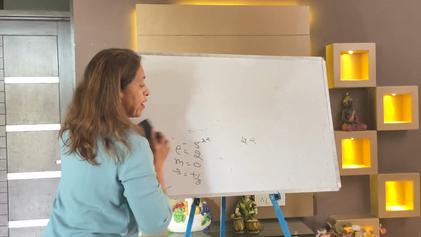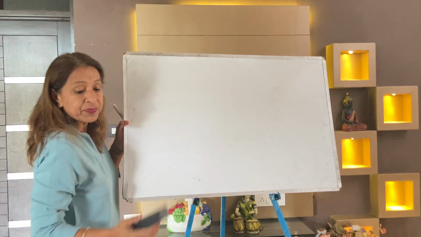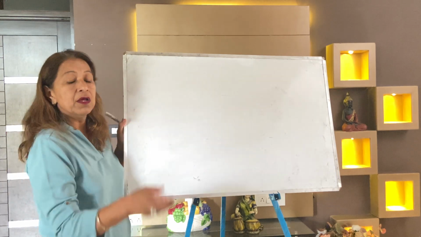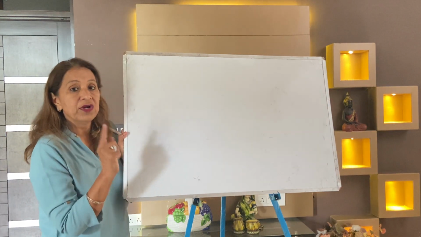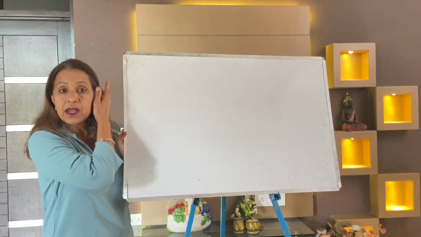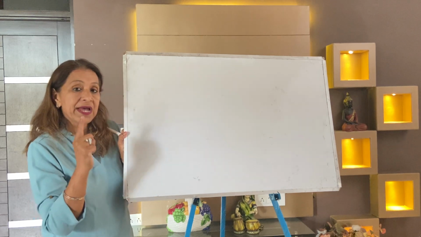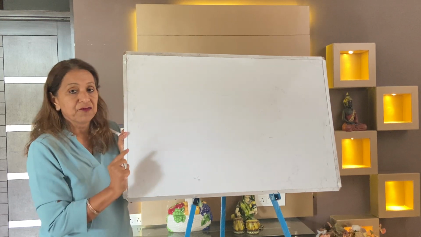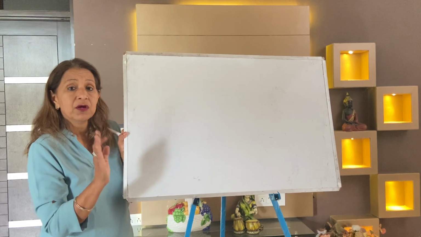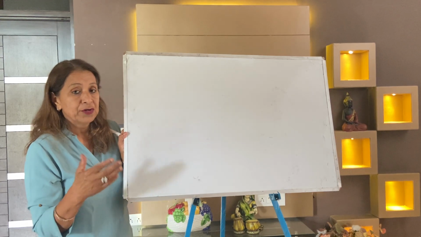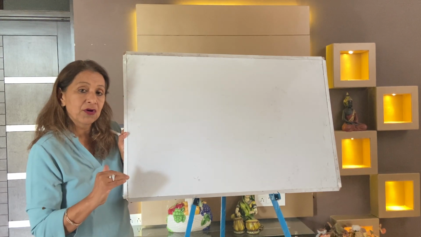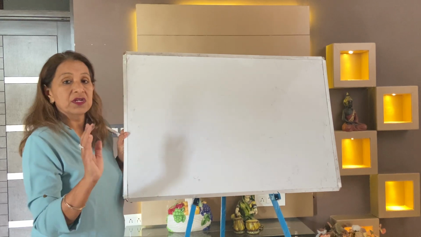So what is Pauli's exclusion principle? Repeat with me. According to Pauli's principle, only 2 electrons are filled in an orbital with n, l, m same, but the s quantum number must be different, and a third electron is never filled. So I told you what will happen if you fill a third electron, and why the word exclusion is there.